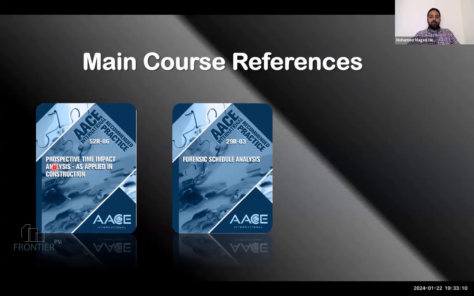So at the end of the course, you can use the time impact analysis with the forensic schedule analysis enhancements and validations. So we can add also how to combine both recommended practices together to apply the time impact analysis